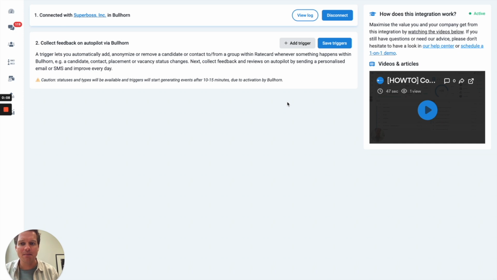The next step is to collect feedback on autopilot via Bullhorn, of course. So this is how it works. We add a trigger that lets you automatically add, unsubscribe or remove a candidate or contact to a group or from a group within Ratecard. This group is connected to a campaign which sends out a survey automatically based on the event that you capture